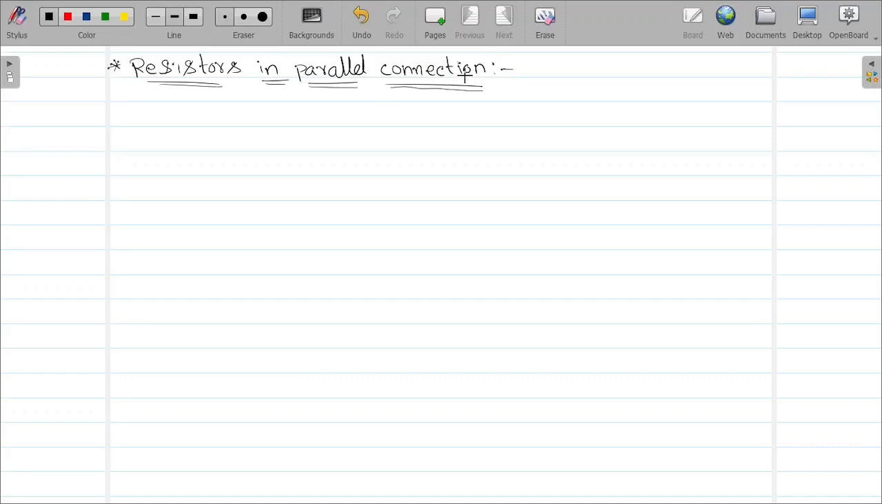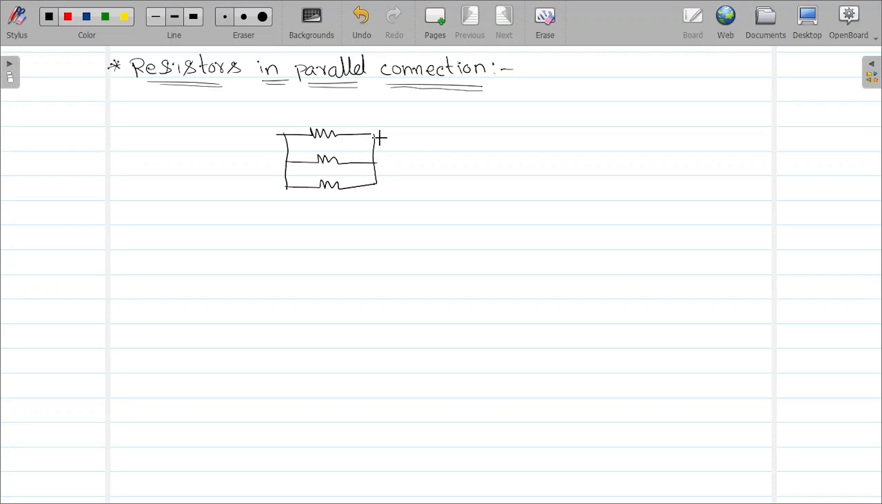We are going to discuss resistors in parallel connection in this class. Last class we discussed resistors in series connection. Now we are going to discuss parallel connection. So now this is the resistor, right? These resistors, if you connect them like this,